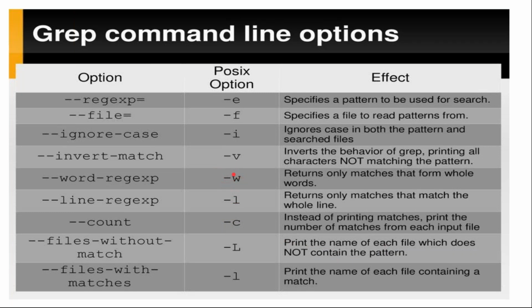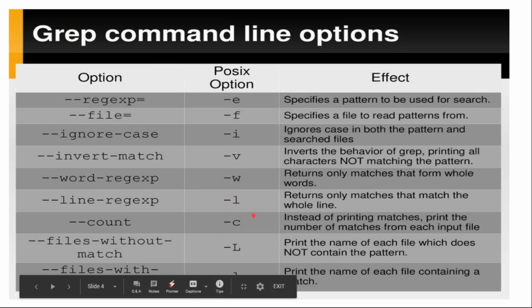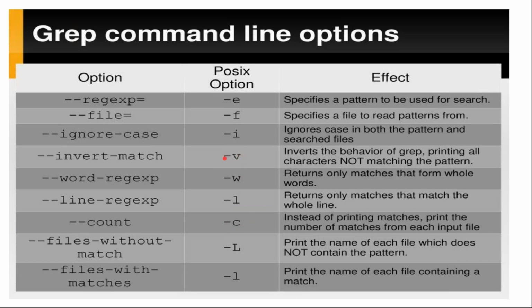Similarly, for the count of words, it will tell you how many times the word appears, the duplicates. If you want the count, then you go for the C option. If you want your output to be inverted, for example you don't want the matching pattern, then you go for the V option. I is for ignoring case in the pattern, F is for a pattern file, and for enabling multiple patterns or text strings, you go for the E option.